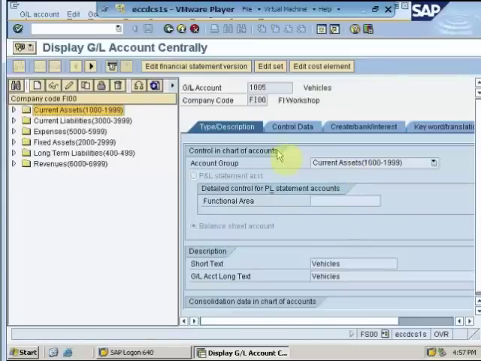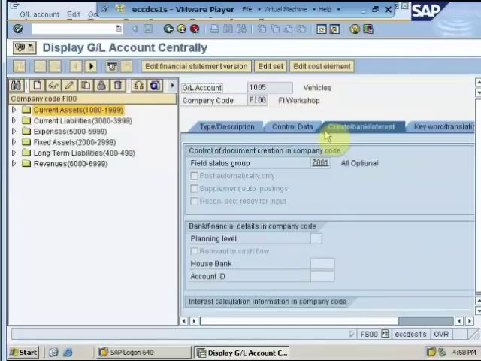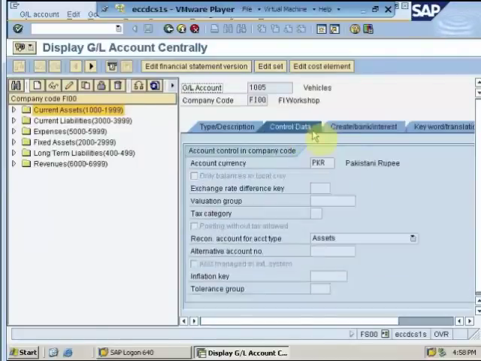Any data which prevails under chart of account segment would be the same for all the company codes that has been assigned to the same chart of account. The company code segment may vary according to each company code depending on its own requirement and configuration preferences. Then we moved on to each and every field in the GL account master data and understood its concept. So this concludes our first topic of unit